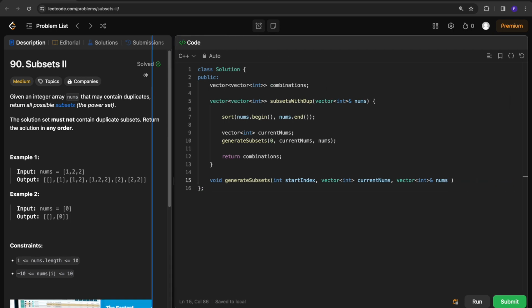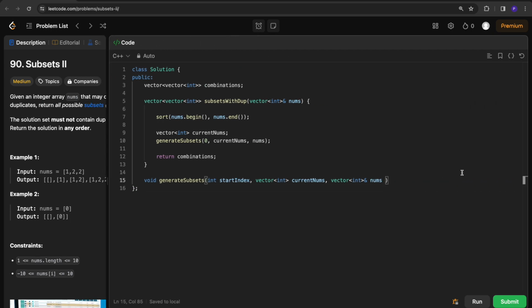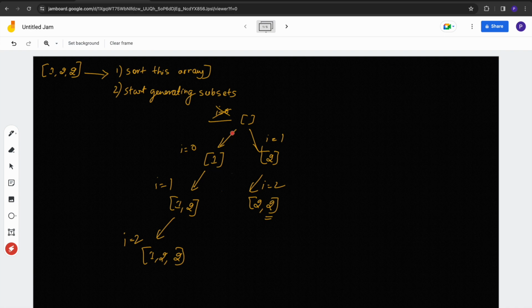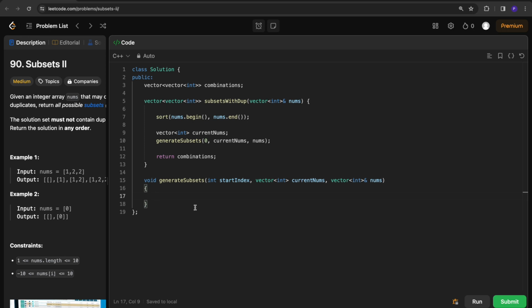I am going to expand this window a little bit so that it becomes easy for us to see the code. And whenever we come here, we need to push the current combination before doing anything. So combinations dot push_back current nums,